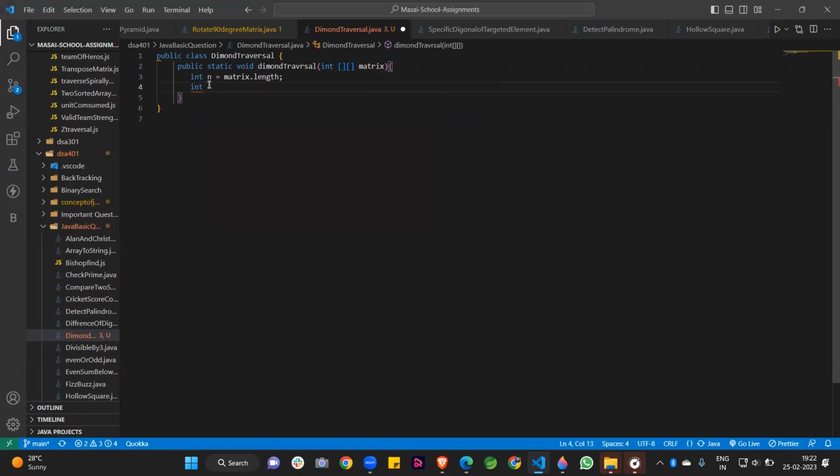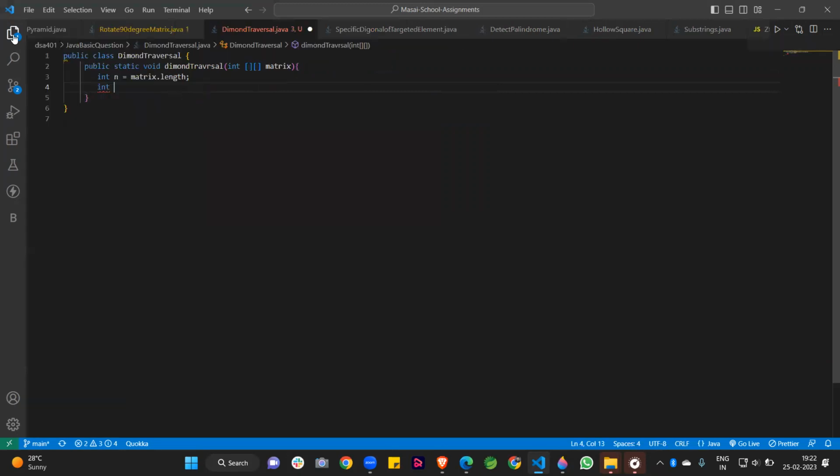After that, guys, we take the middle element. So how can we get the middle element? I am taking a variable int i, and in i I am taking the middle value: (n minus 1) divided by 2. I am taking n minus 1 to avoid the situation of a fractional answer, because the length of the matrix is odd. When I do this, we get the value 1 because the length is 3: 3 minus 1 is 2, 2 divided by 2 is 1. So we get the middle value.